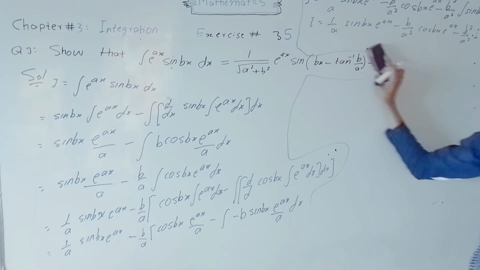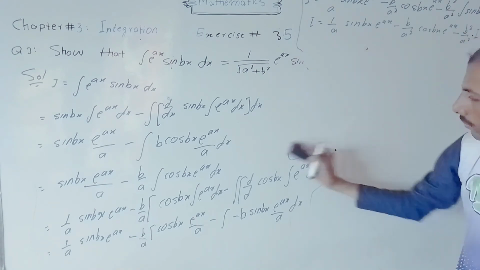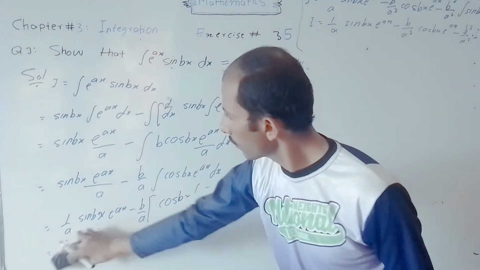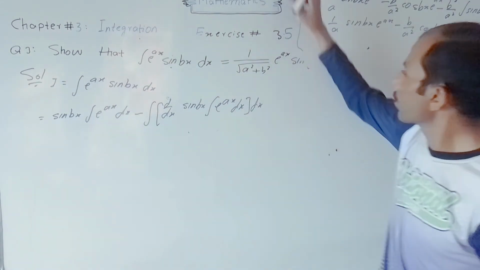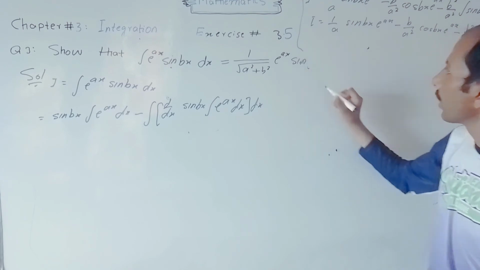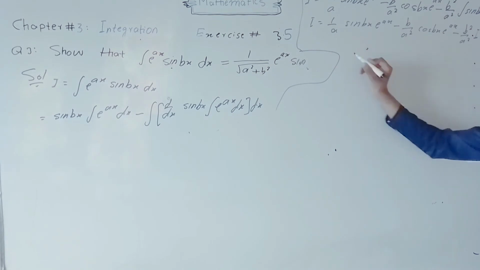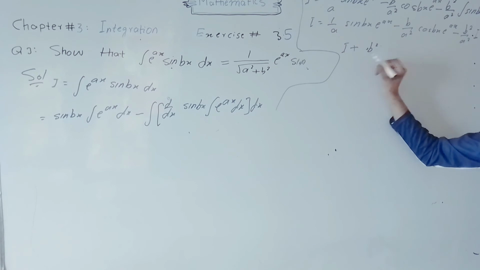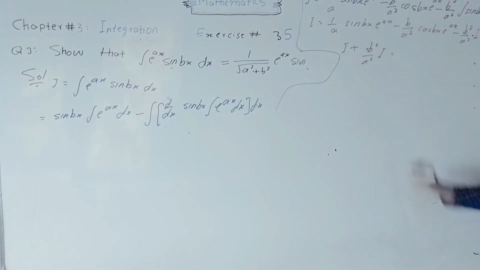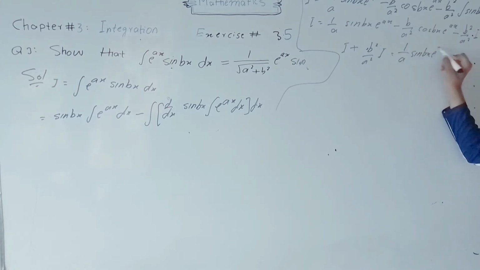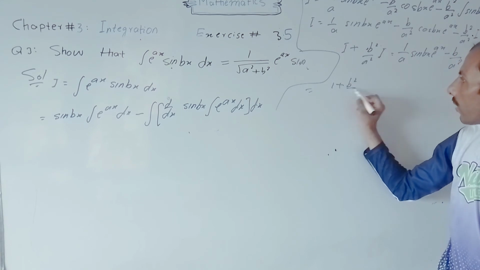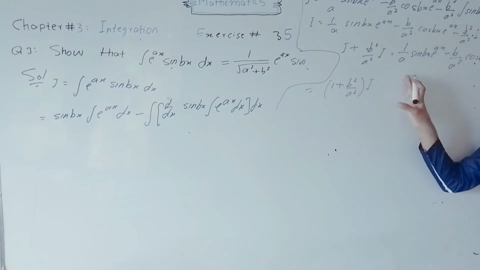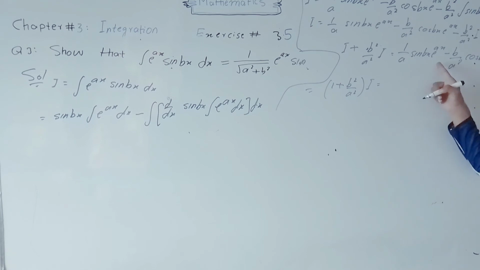Next, which is equal to, so I plus b square divided by a square I is equal to 1 divided by a sin bx e power ax minus b divided by a square cos bx e power ax, which is equal to 1 plus b square divided by a square into I. So taking I common,